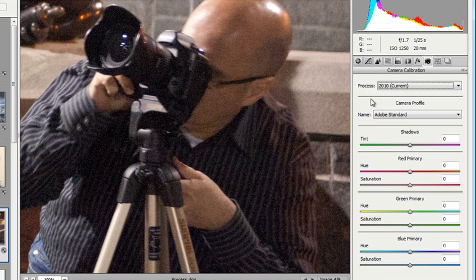What I'd like for you to do is to leave these images open inside Camera Raw. Throughout the rest of this chapter, we're going to be going through each of these images one by one, highlighting different aspects of Camera Raw. So I want you to leave the images open here, and we'll get to them one by one in the rest of